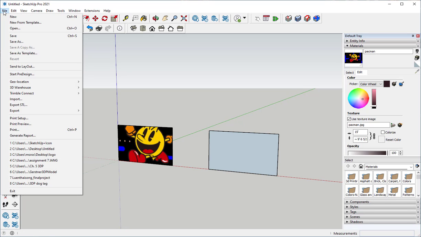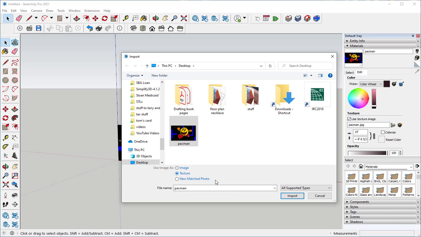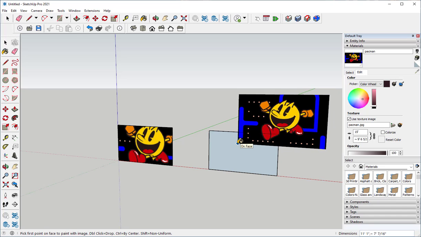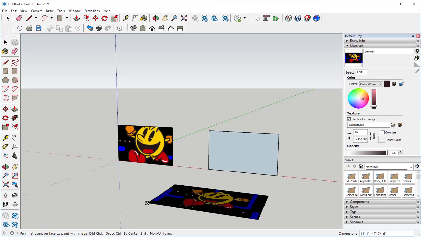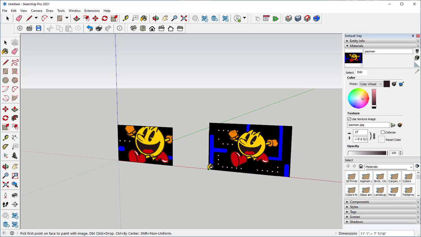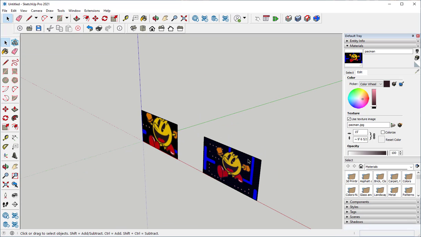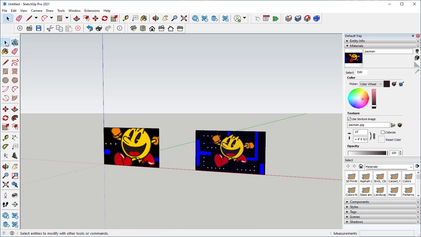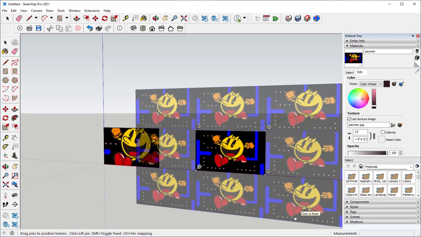Now let's bring this in as a texture. A texture has to be applied to a plane. I cannot click it on the workspace. So click, click, and it's a texture. If I right-click and choose Texture, Position,